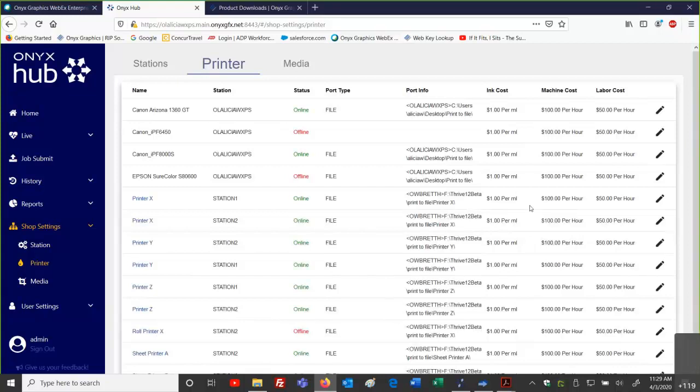per station. We're defaulting to these numbers that are in here, but of course, you enter in your real information as you need to. So for the printer-specific information, we can put in our costs per milliliter, what's our cost, and then the machine costs and labor. That's general, okay? You'll notice printer in general: ink, machine, labor, right?